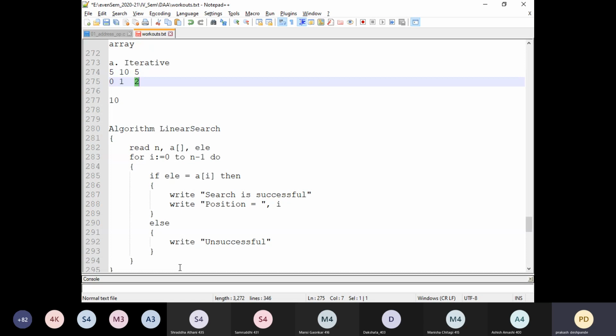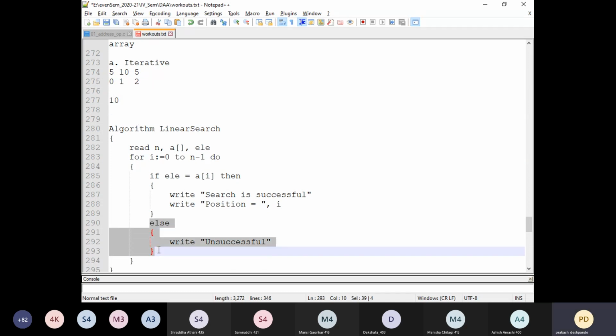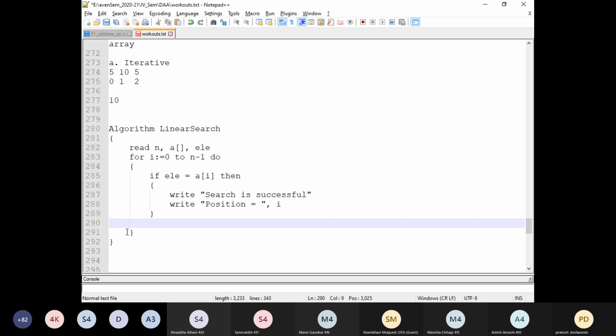So with this approach, if I convert the algorithm into a program, it will display unsuccessful, then search is successful, position 1, then again unsuccessful. But this is not a desired output. So how can we handle this here? This else is definitely not the answer or solution for us. Can anyone think of how we can solve this problem?